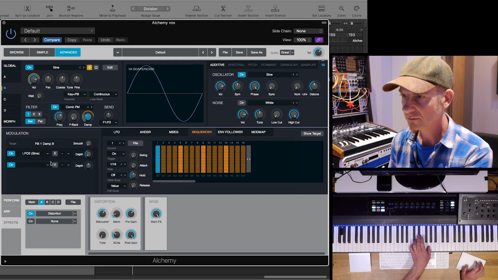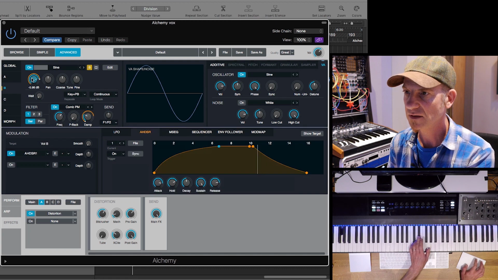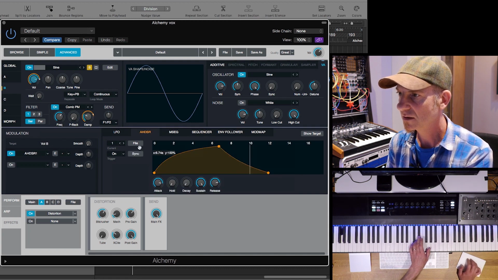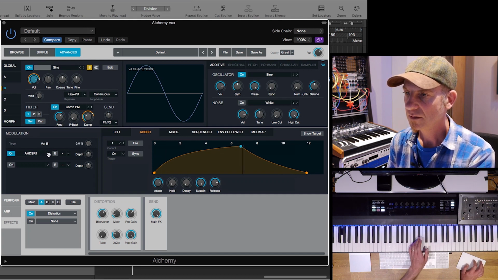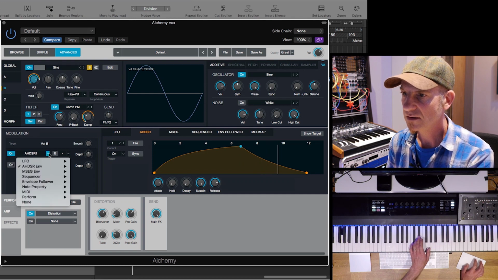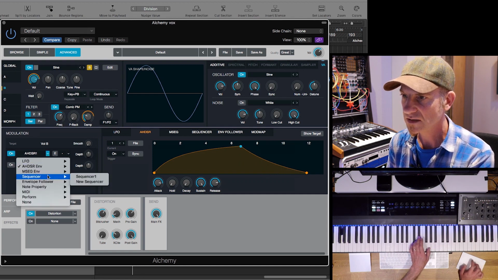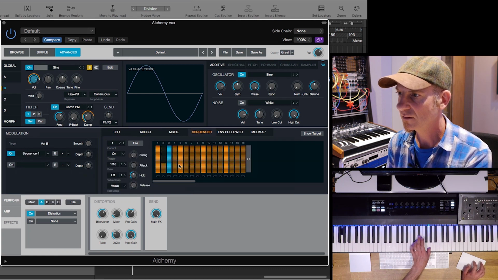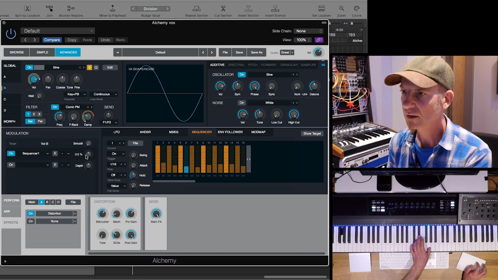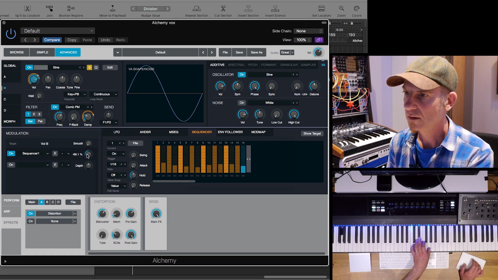Sequencer, same kind of thing. What am I going to modulate? Let's just turn this back up a second. Oops. So, in fact, I'm going to change the volume to my sequencer. So I'm going to go to sequencer, and it pulls up my sequencer. Now I'm going to give it a little sequence. What it's going to do is basically modulate my volume. Why is it not doing anything? Because of this. So you start getting an idea of how to create some movement